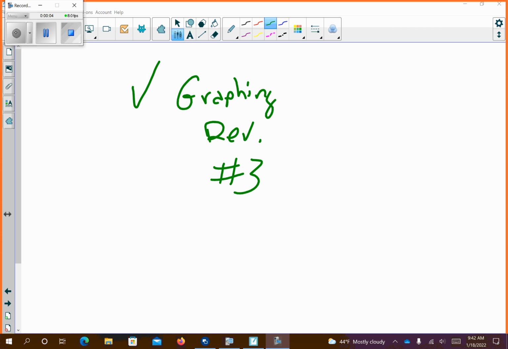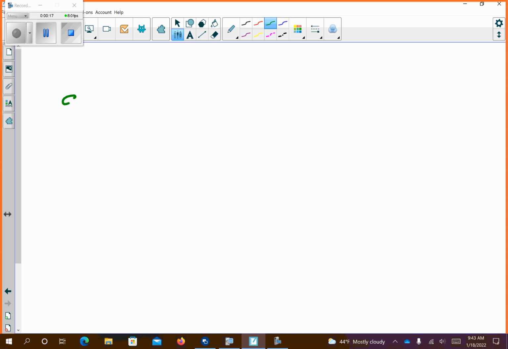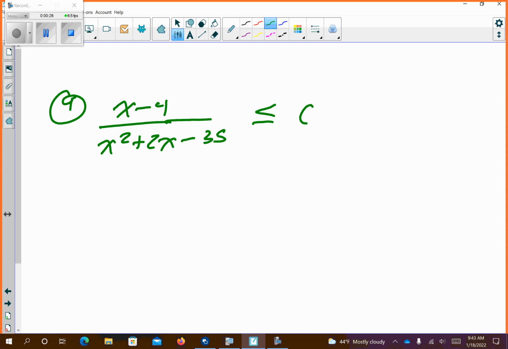Graphing review number 3, can I help you with? Yes. Number 9. Solve each inequality. Okay, cool. So this means below the x-axis. Agree? All right, so I would definitely